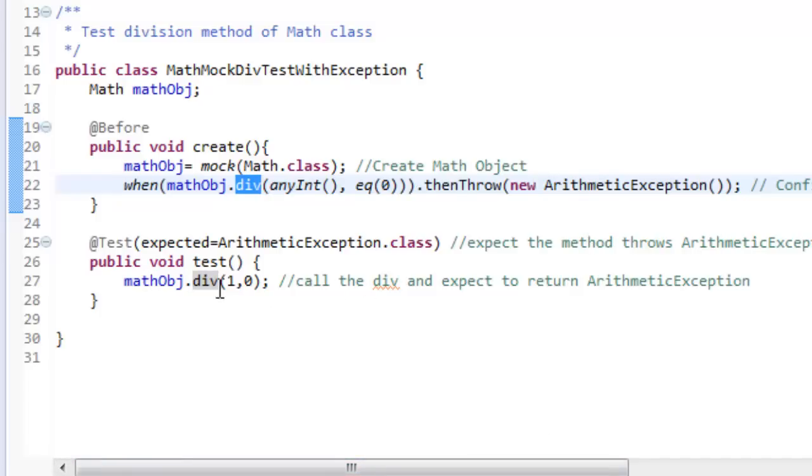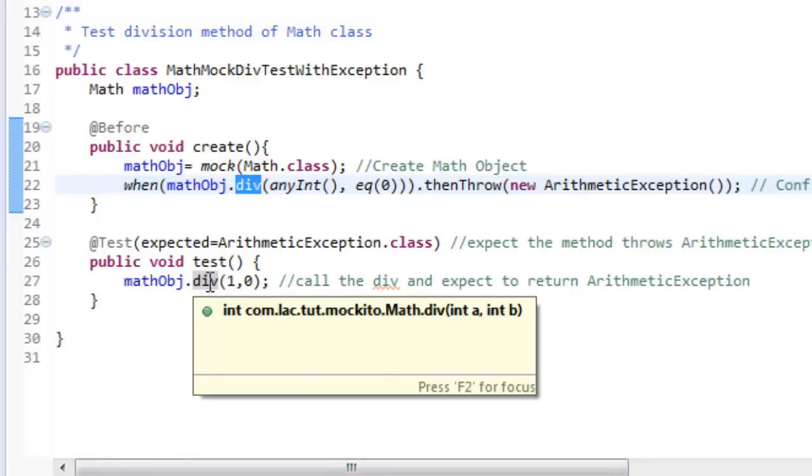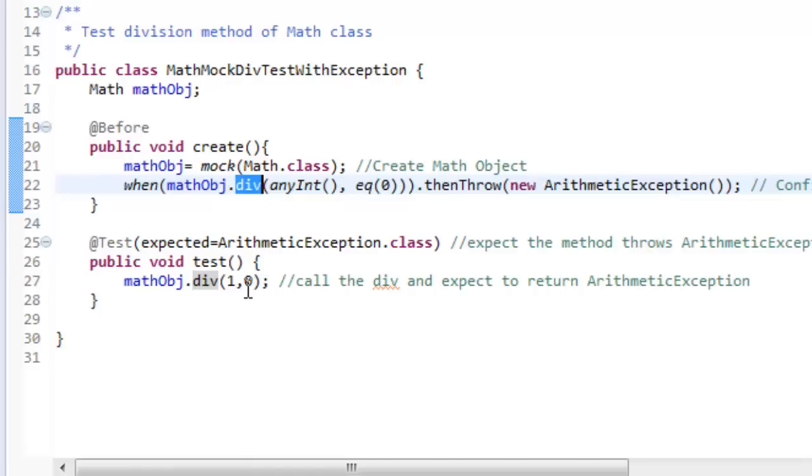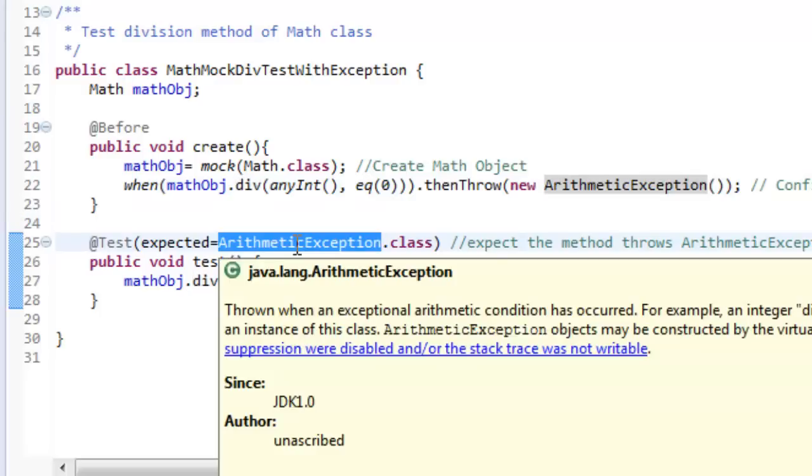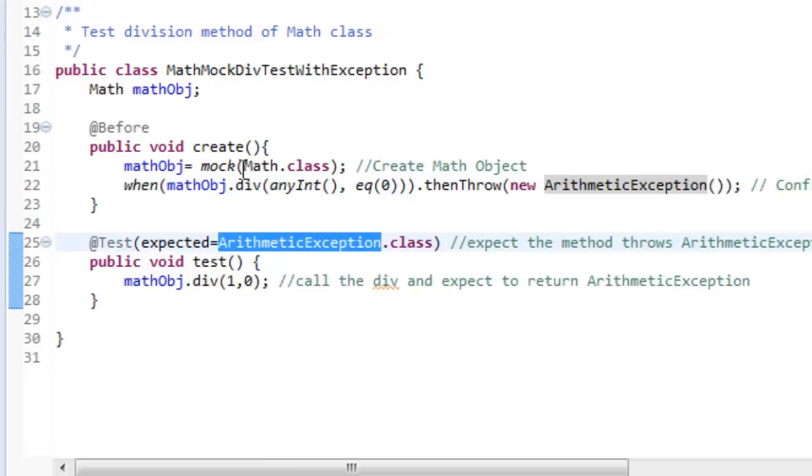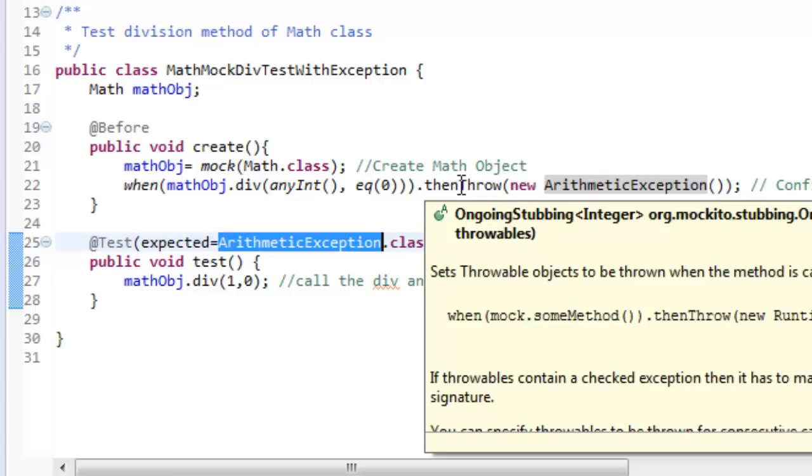The same thing here I'm going to test: division 1 divided by 0, and this test case expects to throw an arithmetic exception. This is how you can define the behavior to throw an exception from your method.